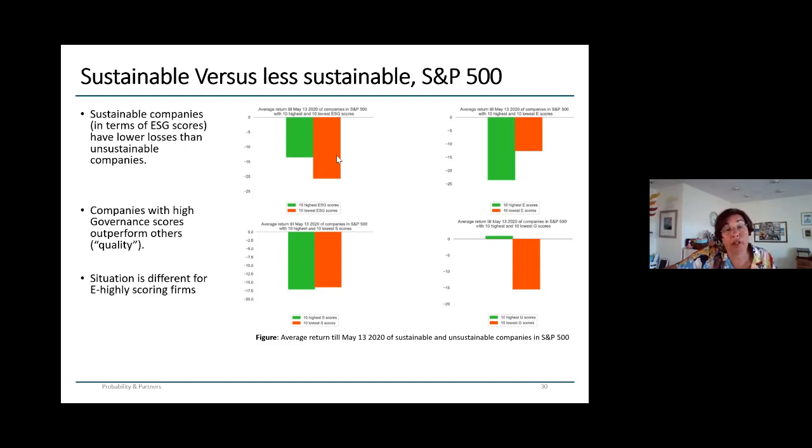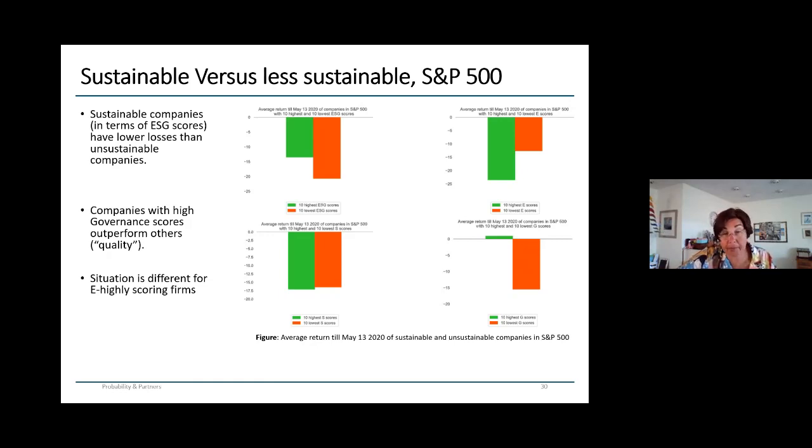So if you look at overall, then you see that sustainable companies in terms of ESG scores have lower losses than less sustainable companies. And particularly it is clear in terms of the G score, which is the governance score. And it is well known, and we observed it ourselves, that the G score is highly correlated to the quality investment factor. So this is exactly the manifestation of that fact that